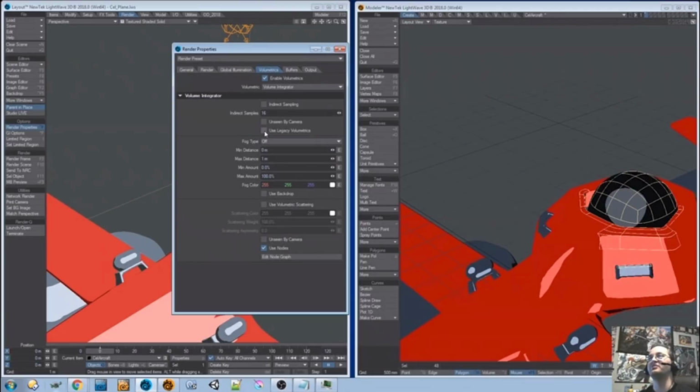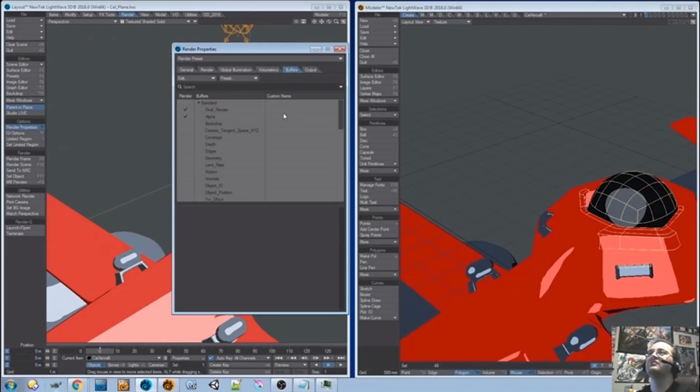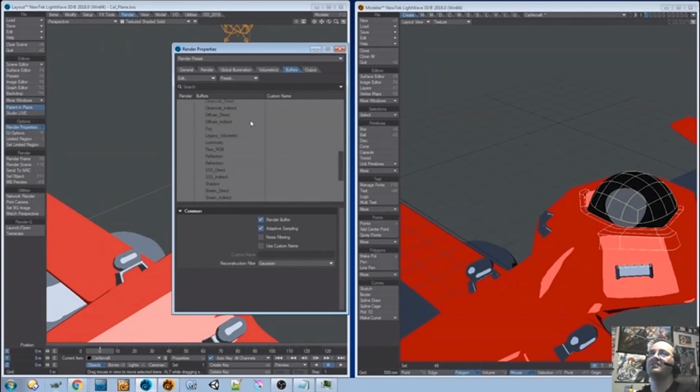And don't be surprised when your new volumetrics like OpenVDB disappear. So then we've got your buffers. This is how you would choose what buffers you want to actually render, and then, yeah, this is... I need another hour, Steve. No, I'm joking. So this is where you would check whether you want the alpha, and the output is where